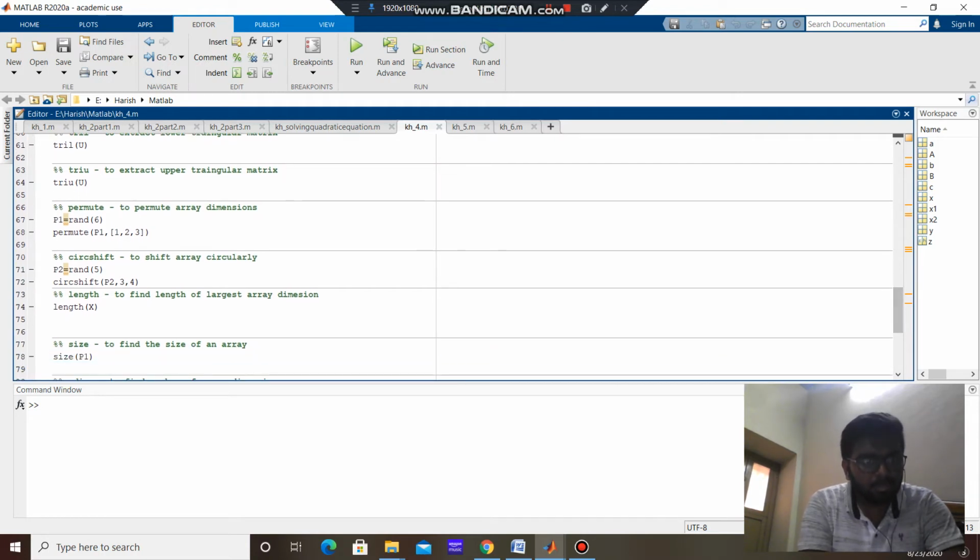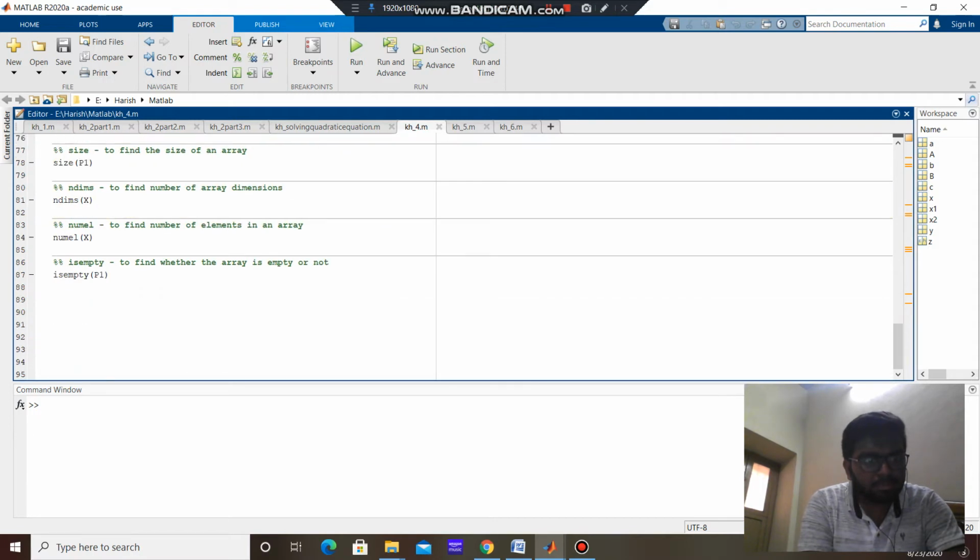And here the permute function is used to permute array dimensions. Here we are creating a random array, and then we are permuting the array dimensions. And next, coming to circular shift,